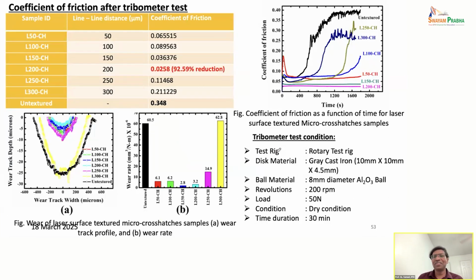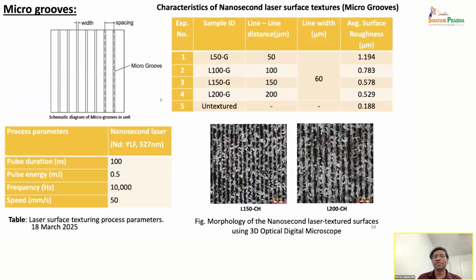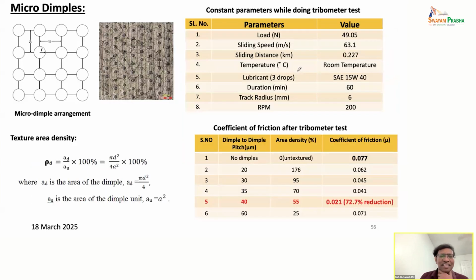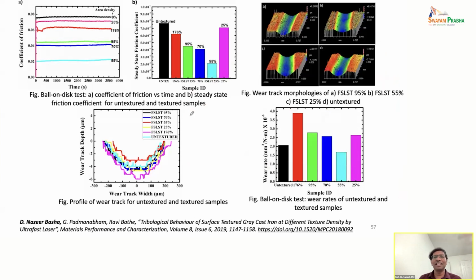So I think there are several such experiments which have been conducted using tribometer tests, to find out the variation of the coefficient of friction, and then the life and these things. Finally, we found that the micro dimples which were made were much better in improving the properties. So there is work we need to carry out, as I said: what should be the distance between each of these dimples? So they have been finally optimized and then implemented